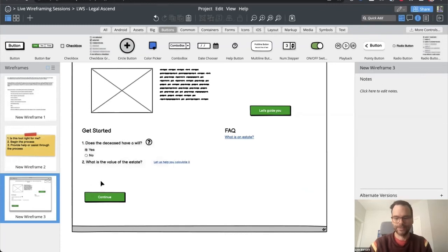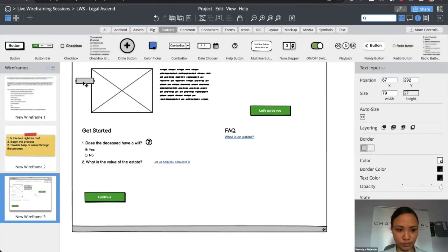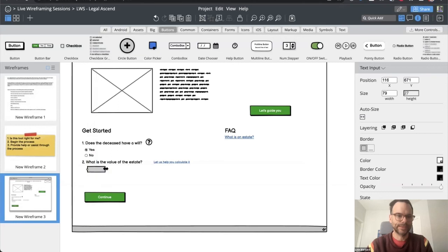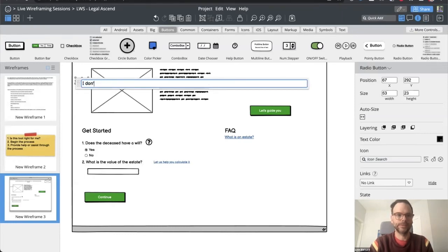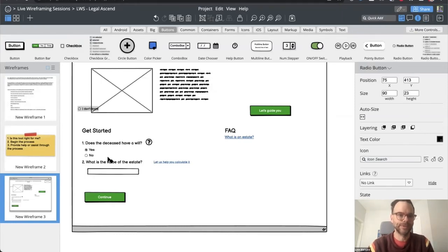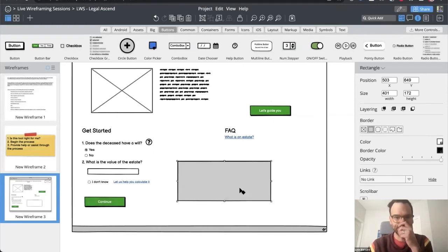And then you could have some help on that field. This isn't quite right, but all this stuff can be refined later. Then you can say, let us help you calculate, and that could even pop up the calculator over here, so that they get this immediate benefit.